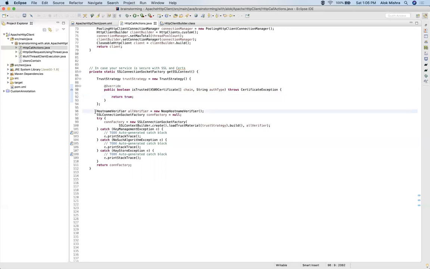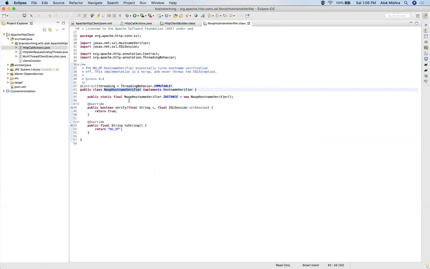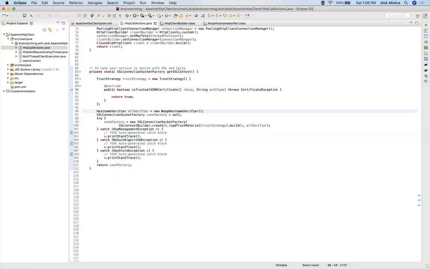One more important part is the hostname verifier. For the hostname verifier, you have to use the NoopHostnameVerifier. What is this? NoopHostnameVerifier essentially turns off hostname verification. Sometimes your HTTP calls verify the host. For that, we are just passing this all-host verifier.